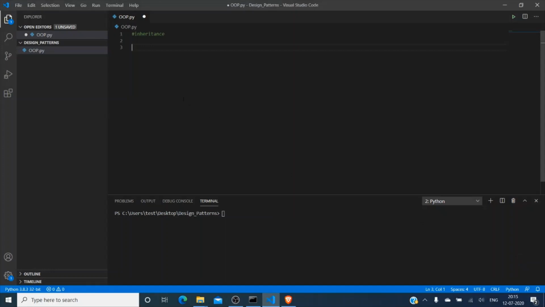Let's take an example of vehicle as parent class and car as child class. Let me create the parent class, and here I'll create a method which just prints "this is inside vehicle class".